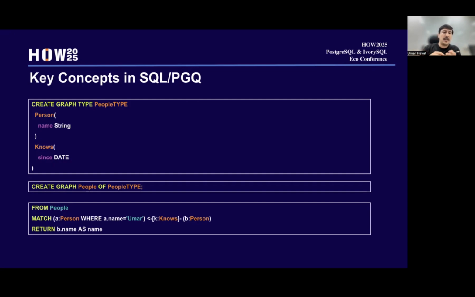Both the vertices and edges are labeled. And then based on that people type, we created a graph with the name people. Now, how to query the data is again kind of similar.